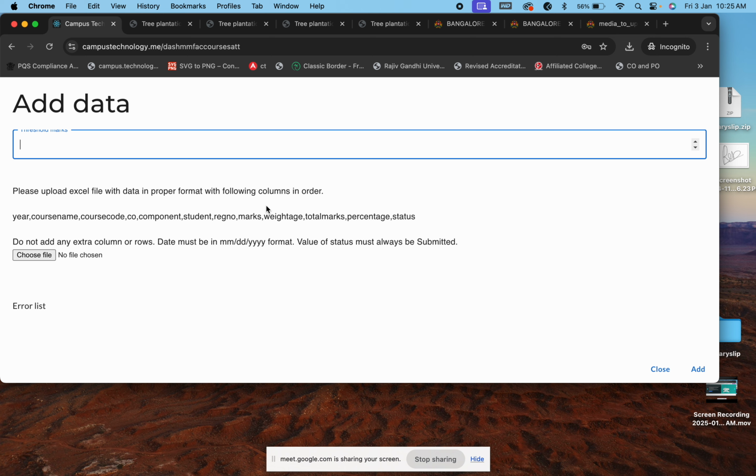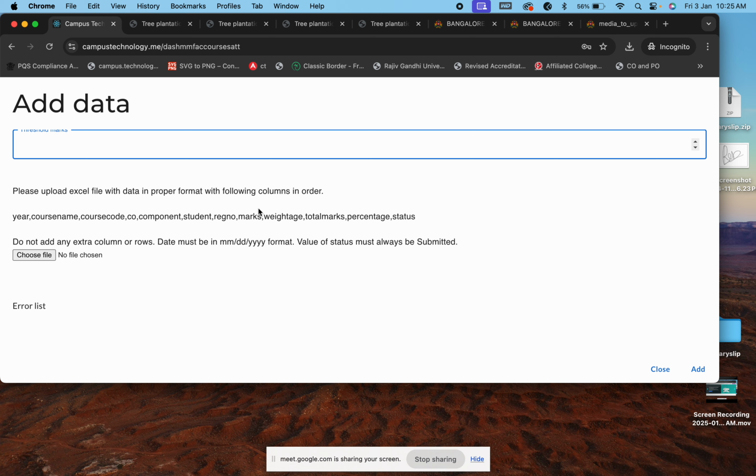Now, what is this threshold marks? Threshold marks is nothing but the minimum cutoff marks that you are considering for your paper. Let's say your internals are for 50 marks, and your threshold will be, let's say, 15. So all students who are scoring 15 or more will be considered for your attainment calculation, because we are going to add the marks student wise.